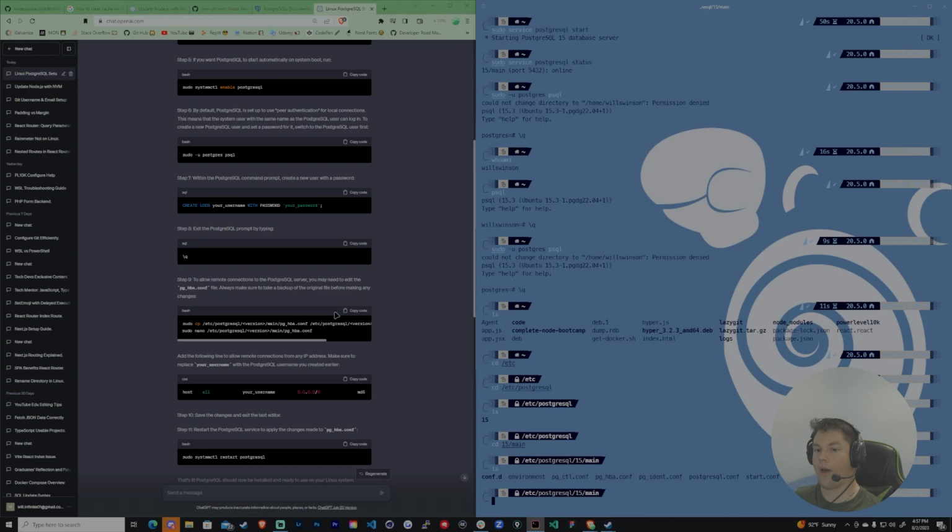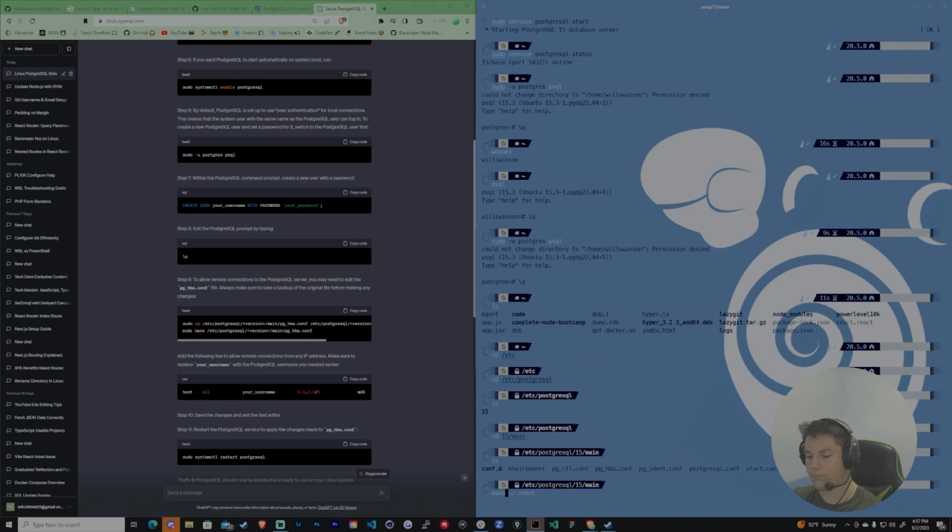I think you do sudo apt remove and then PostgreSQL 14. So if you do run into any issues here, just let me know. So we're gonna do a nano, and if nano says it's not installed or anything, you're just gonna do sudo apt install nano. I think it should be. But I think nano comes automatically, so you're gonna do nano, and then we're gonna do pg_hba.conf, just like